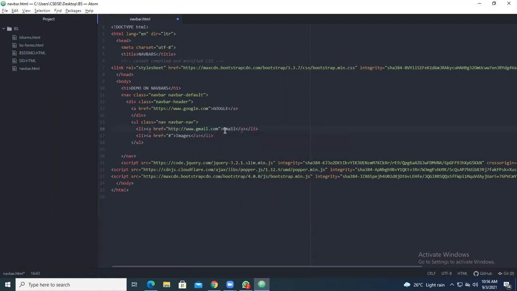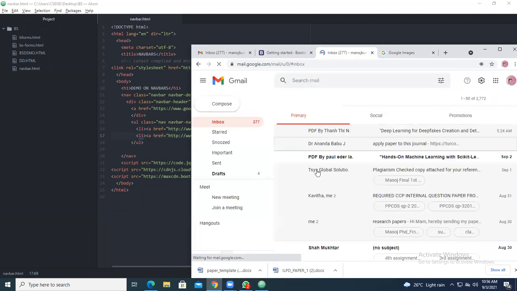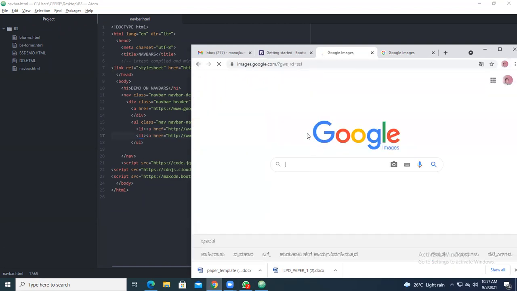Similarly, for images, you can have http://www.images.google.com. This is the site we have given. Go and refresh this. When you refresh, you are getting Gmail, and this one as images. Click on Gmail, it will take you to your email. Similarly, if you click on images, it is going to take you to Google Images.